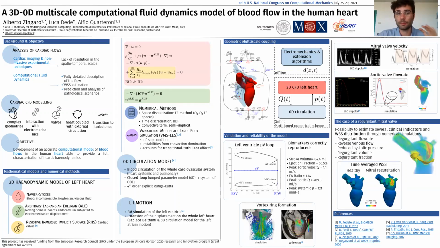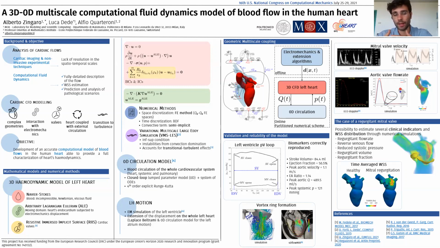We couple the 3D model of the left heart with the zero-dimensional circulation model, and the coupling condition among the 3D and the 0D consists in the computation of the average pressure and flow rates. We numerically solve this coupled problem with a partitioned numerical scheme, and we first simulate the case of a healthy